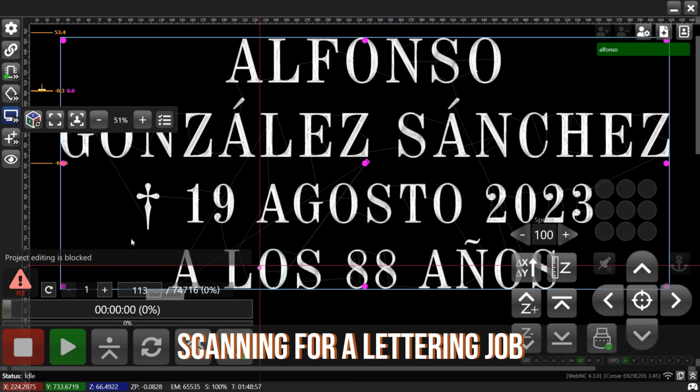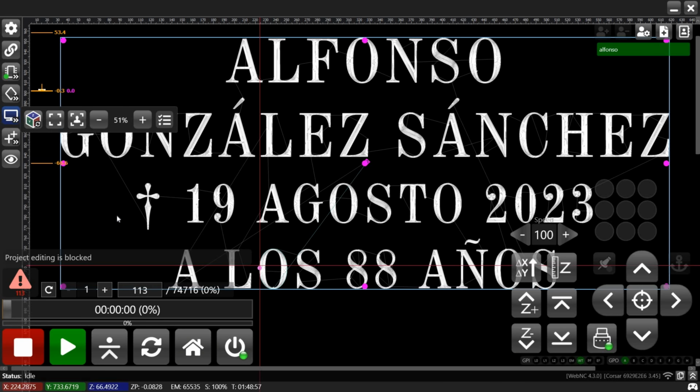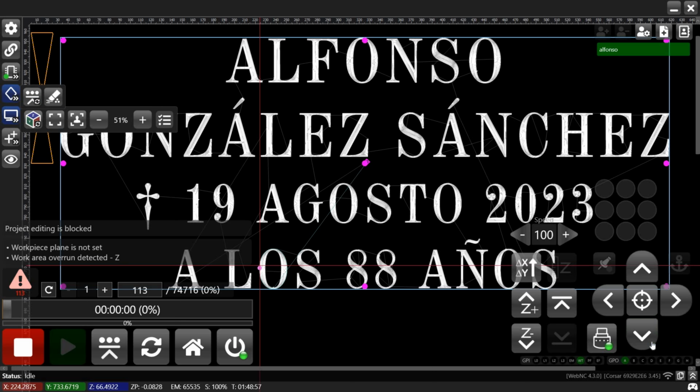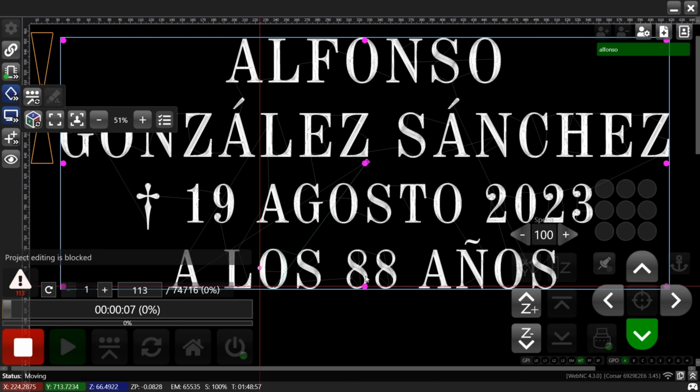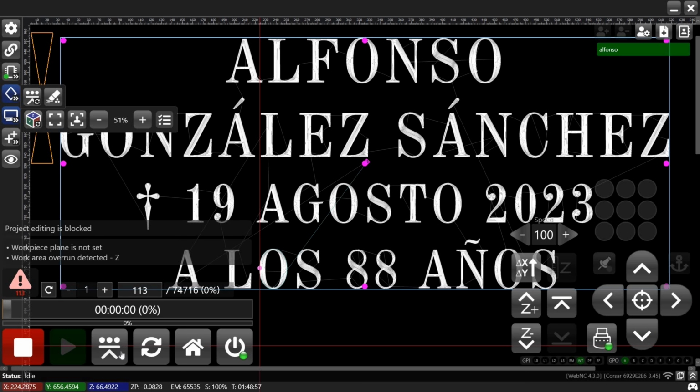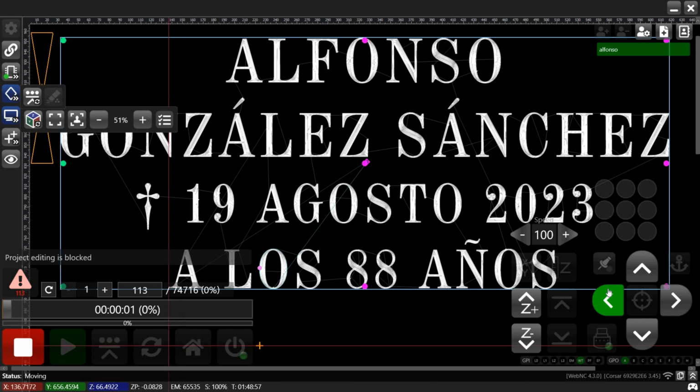Scanning. Here we have a lettering job. It cannot be performed correctly without surface scanning. We have a surface indication here which shows 0. This is because so far we used a one-point scanning. If we run a 3-point scanning, the machine will calculate the degree of the surface inclination. In order to define the plane, we need to select 3 points on the edges of the G-code. This will allow us to define the inclination of the surface.